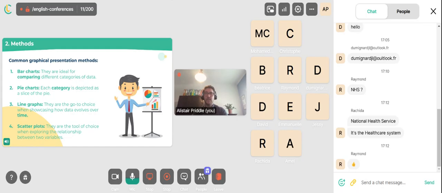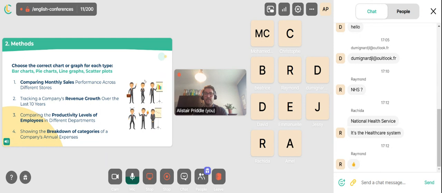Okay, guys, we're going to have a look at an exercise. This is a chat exercise, everybody. We'd like you to choose the correct chart or graph for each type: bar chart, pie chart, line graph, or scatter plot. So we have 4